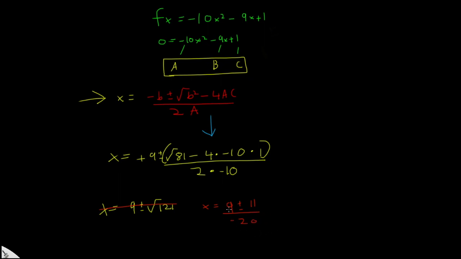So there are two answers for this question. So let me get my arrow back up here. If you do x is equal to 9 plus 11, that will be 20. So x could be equal to 20 over negative 20, which is the same as negative 1,